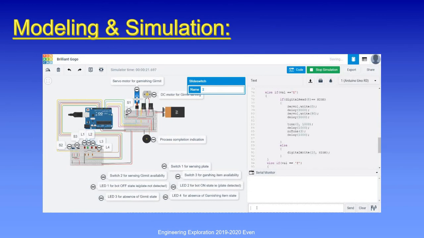Now coming to the switch 3, when the switch 3 is in off state, LED 4 glows, that is red LED, indicating the unavailability of garnishing item in the container.